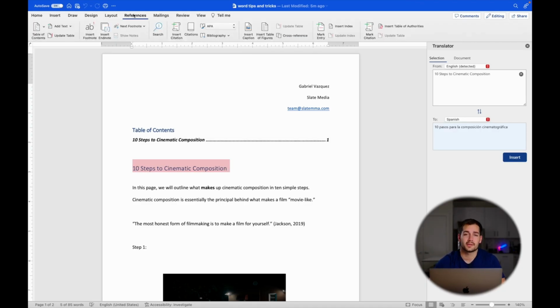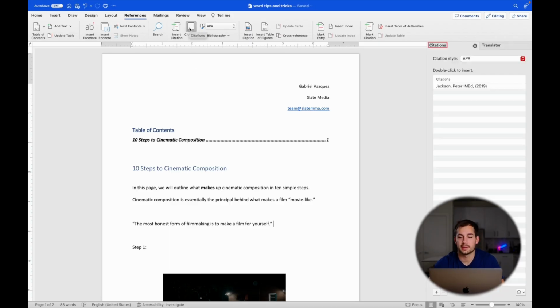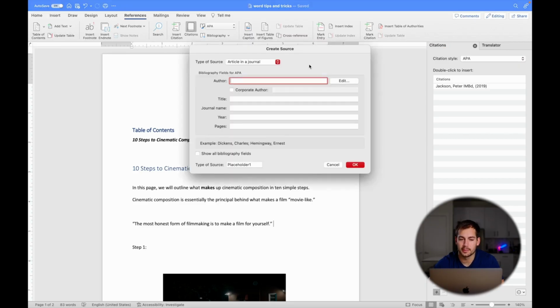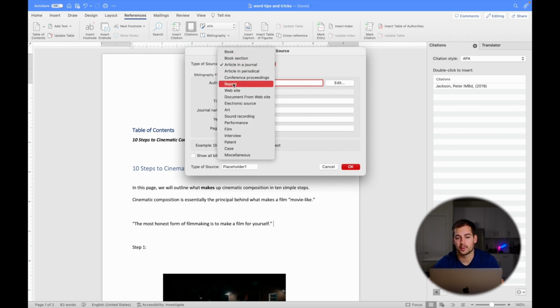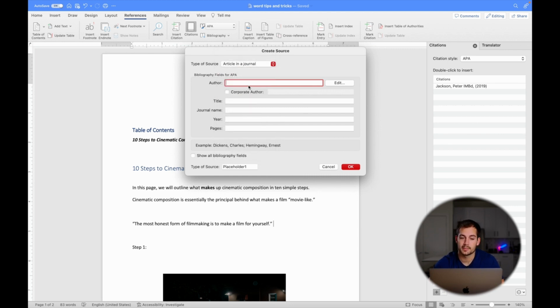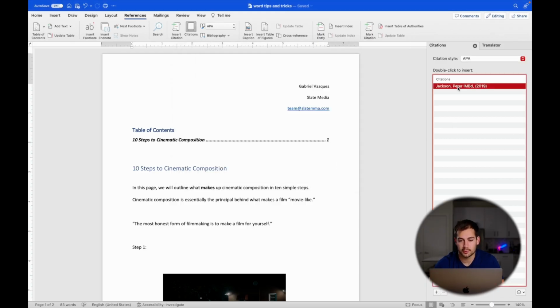All right, the 10th and final tip that we have for you guys today is citations. So let me just remove the citation that I entered here. And if we click the citations button following a quote, it's going to automatically create that citation for us. So we can click this little plus button down here at the bottom, which is going to let us create a new source. Now I already have a source that I want to use, but you can change this to book, report, website, whatever the case may be. Enter in that basic information, press OK, click your source, double click, and boom, it's going to add that citation